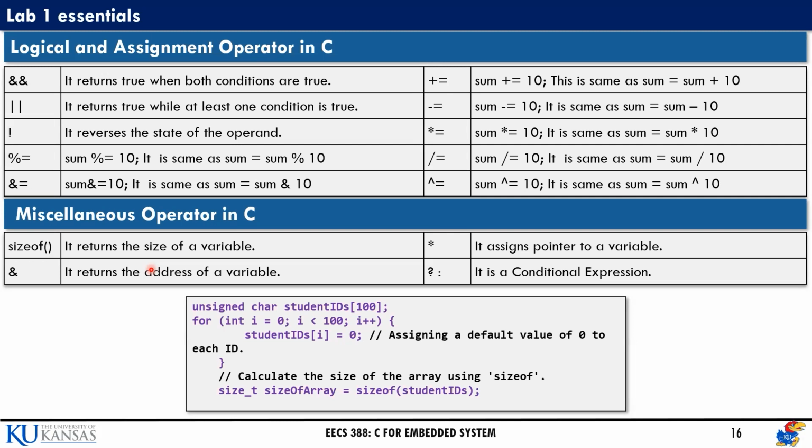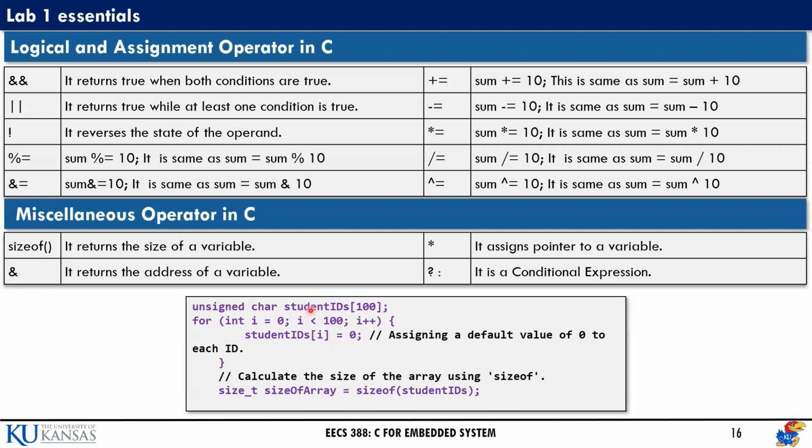So we know the default integer type can represent 32 bits of numbers, but here we know the IDs are only between 0 and 255, and to represent 0 to 255, we only need 8 bits, right? As we know, 2 to the power 8 is 256. So instead of int, we can declare